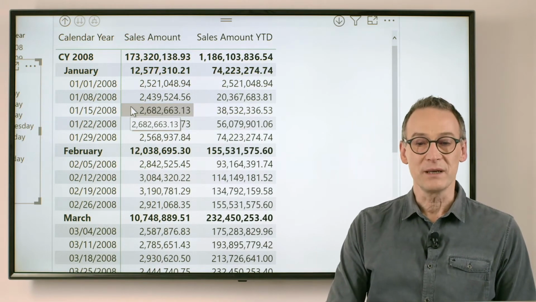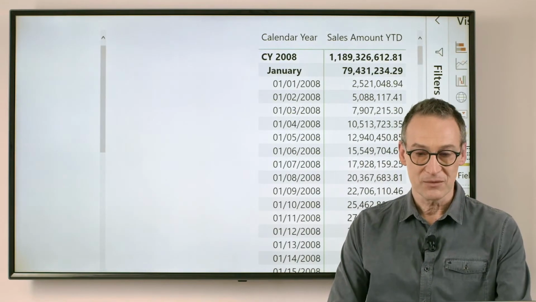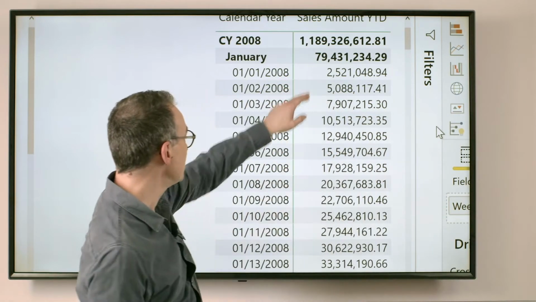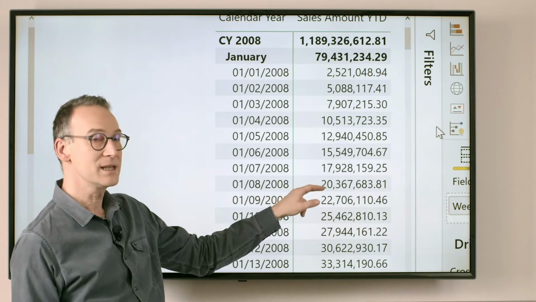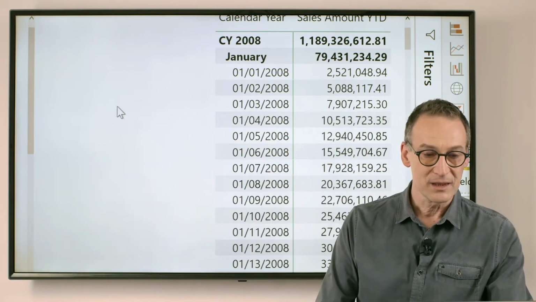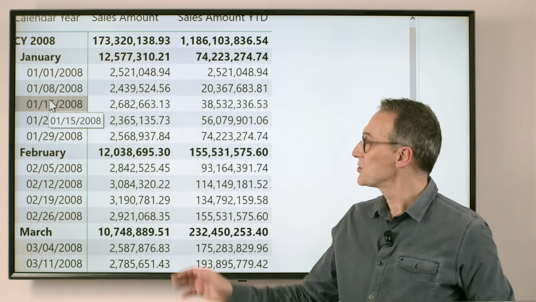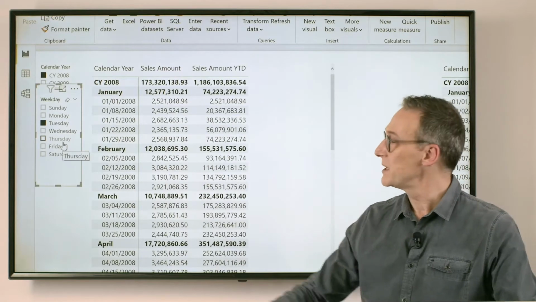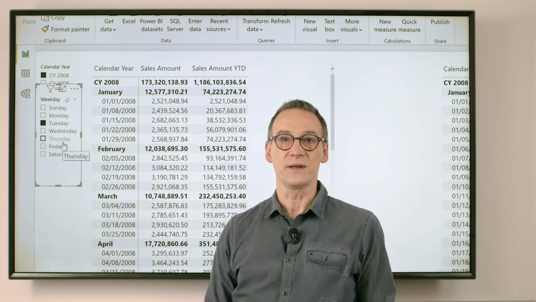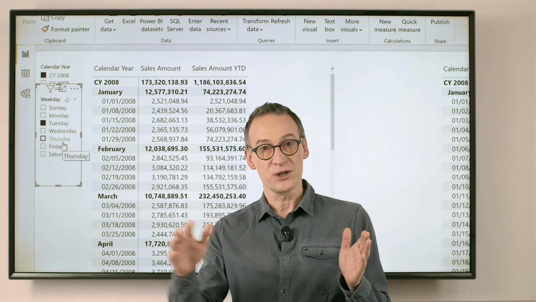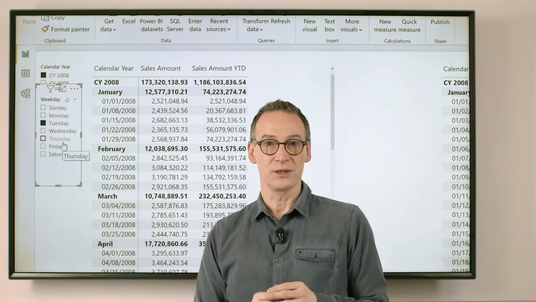Where are my 20 millions in the regular year-to-date? If we look at it, this is the result of a regular YTD on the 8th of January. That 20 million is the same number you have seen in the other place. So my measure is not computing a year-to-date for only Tuesday, it's just computing a year-to-date completely ignoring this filter. Then it is showing only Tuesday, but the calculation happens on the entire period.